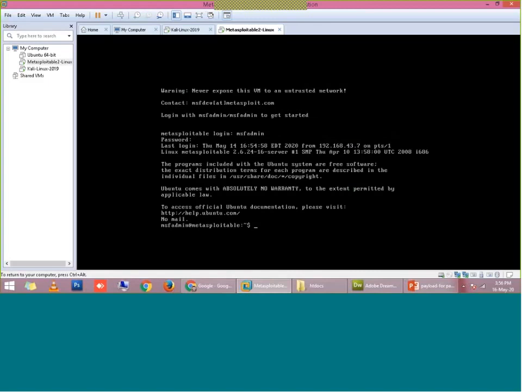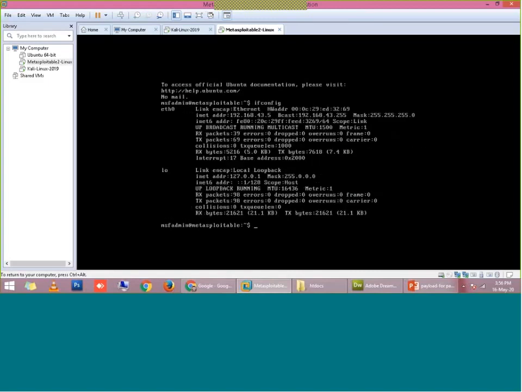I have told you that Metasploitable by default comes with pre-installed DVWA. So let me check the IP address of this Metasploitable. What is the IP address allocated to it? To get the IP address, you have to write ifconfig.